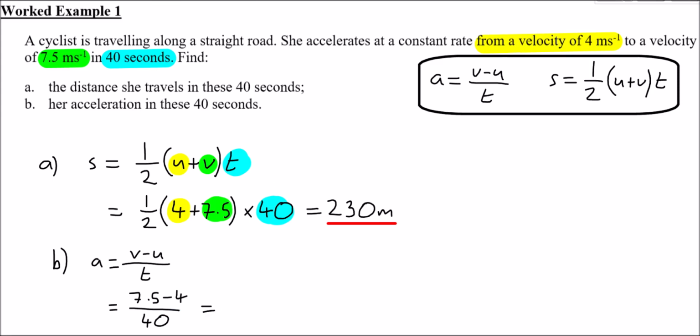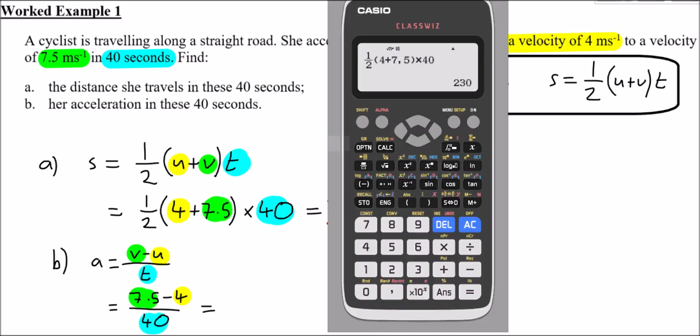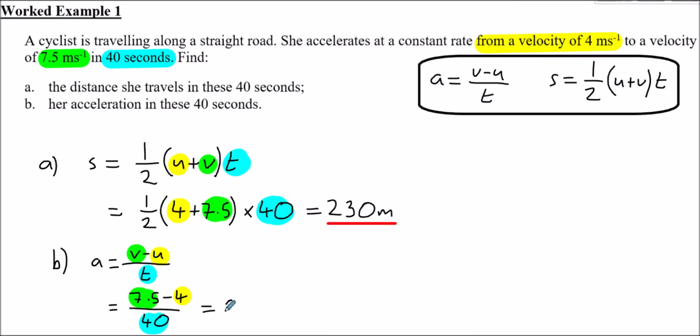So again, if we just plug this in, I'm colour coding because I'm addicted to it, don't know why. So do this on your calculator, and again, you'll be absolutely fine. So 7.5 subtract 4, all of that divided by 40, and we get here an acceleration of 0.0875